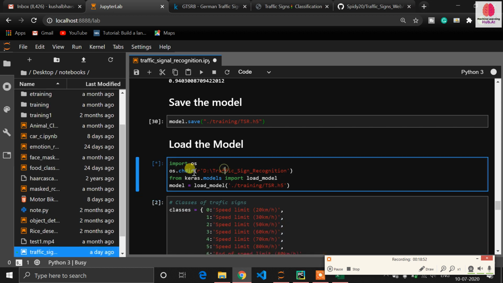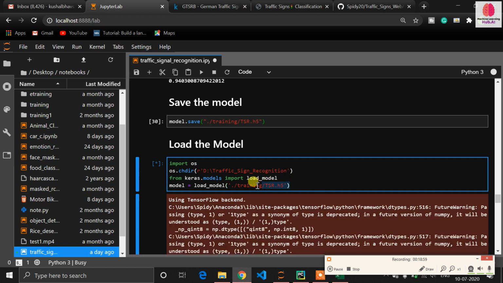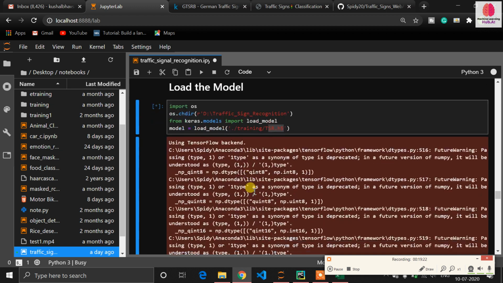Here I will define the path once again, then keras.models.load_model. It will load the model we saved into memory. Actually, what it does is it saves the original training data, the learning process we can say, into one file, and once again it loads that learning process. So now we can access that model anytime because we have saved it in H5 format.